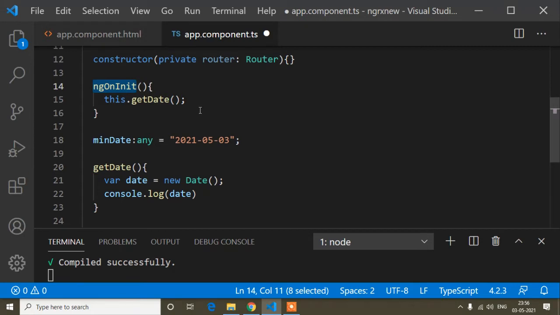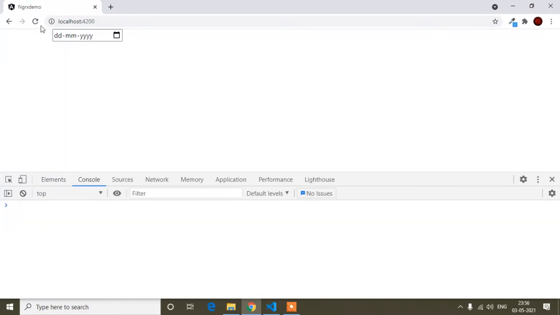Okay, in JavaScript and jQuery we mostly write document.ready or window.load. But in Angular, for calling something when the page is loading, we can call it inside this ngOnInit. It's a feature of Angular; Angular provides ngOnInit. So if I call this method here, when our component is created, this method will be called. So now if I refresh,